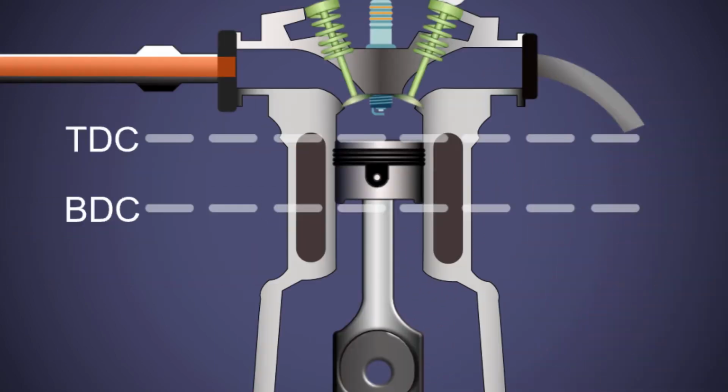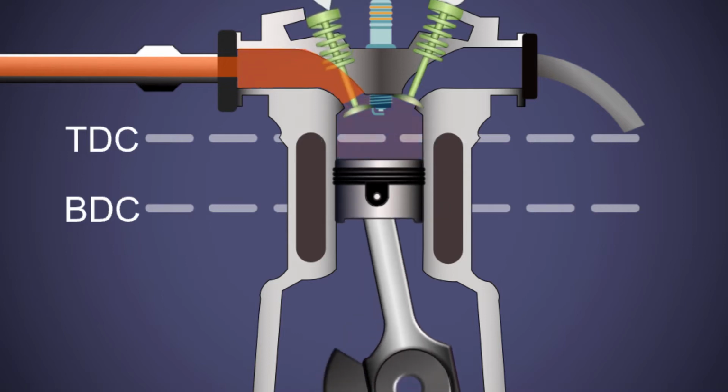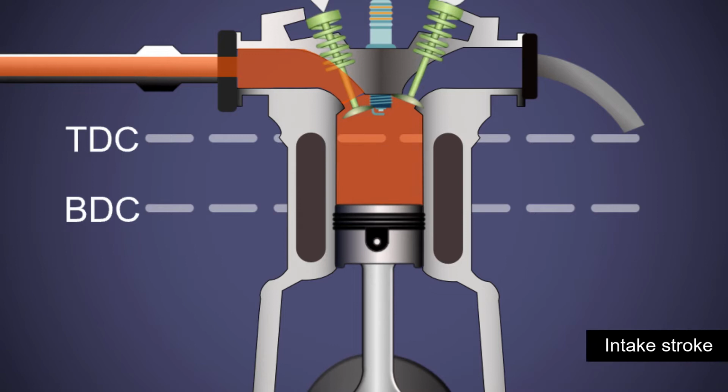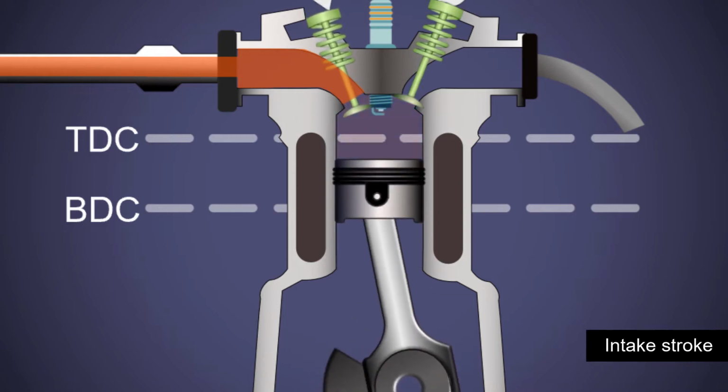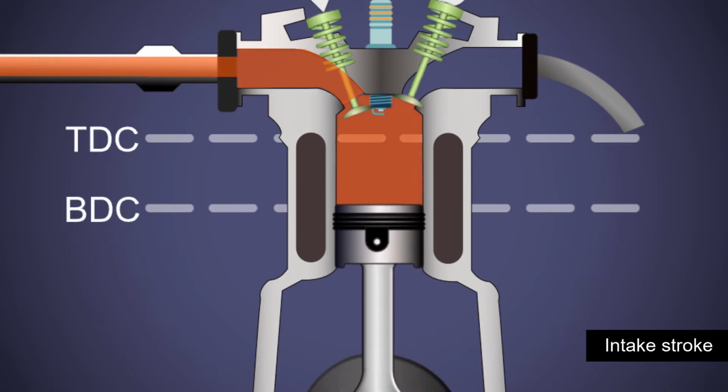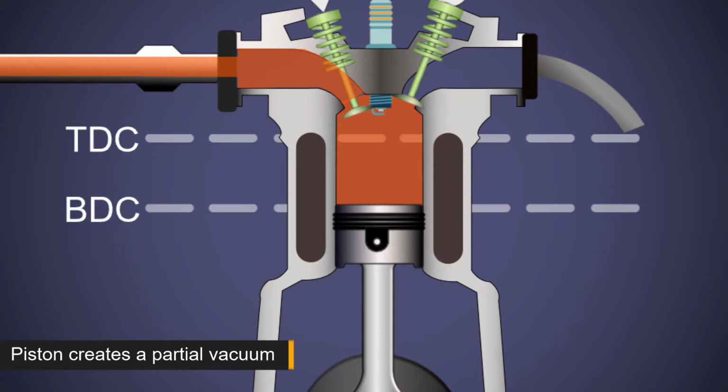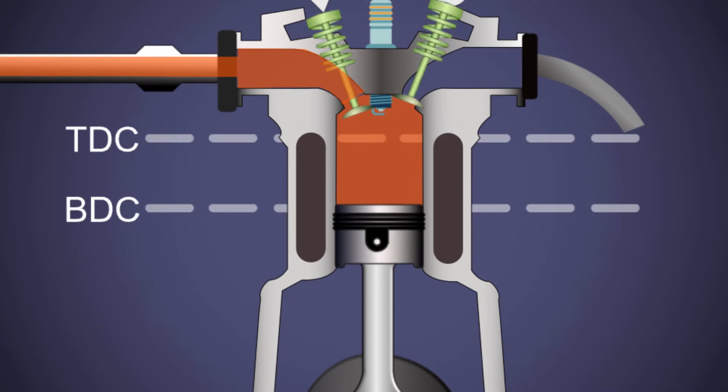At first, the intake stroke. In this stroke, the fuel is sucked into the cylinder. The energy to move the piston down is provided by the batteries. So, the piston moves down towards the bottom dead center. While moving down, the piston creates a partial vacuum inside the cylinder. This vacuum draws the air-fuel mixture into the cylinder. The inlet valve will be opened at the right time using the timing mechanisms to allow the right amount of